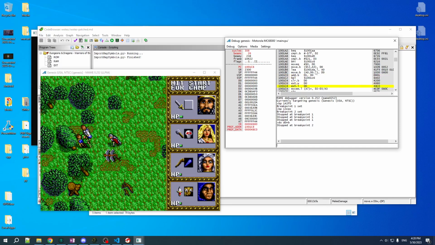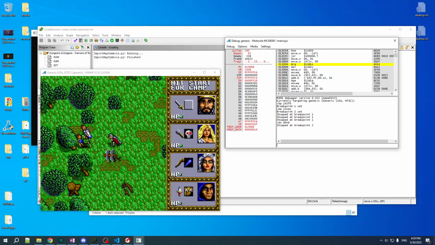Then we're sign extending it because I have to return an int. Should probably turn that into a char. We restore the stack, we return. Now we are going to move D0 into D1. So D1 will now have our damage, which is 3 from the bonus. We restore the D0 that we pushed onto the stack, which is